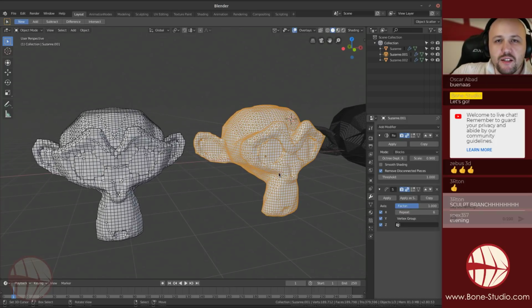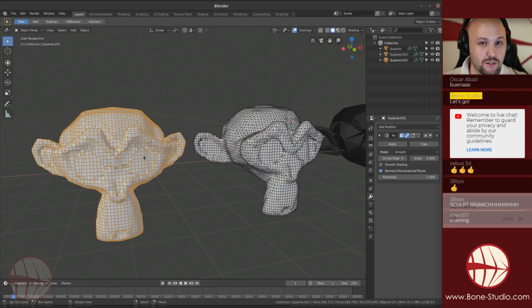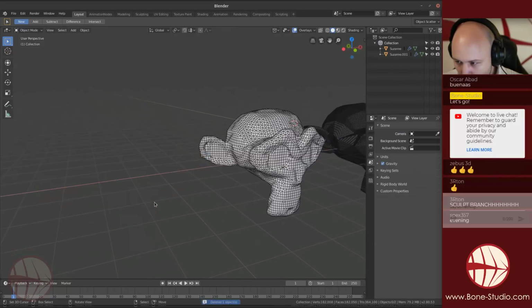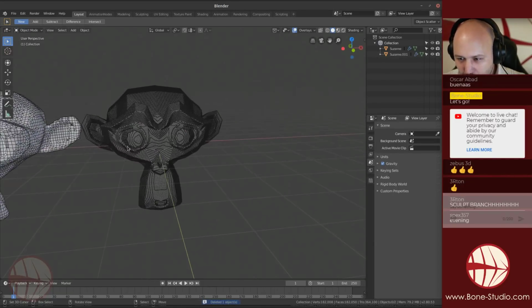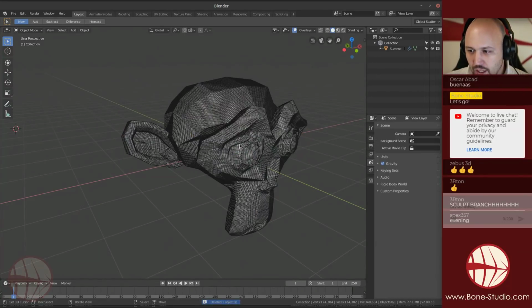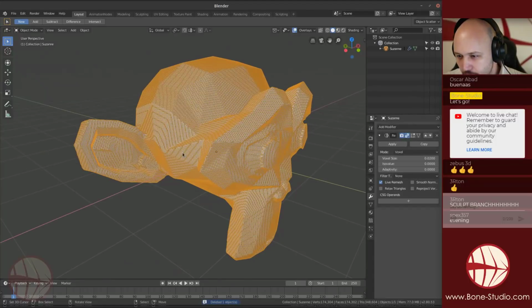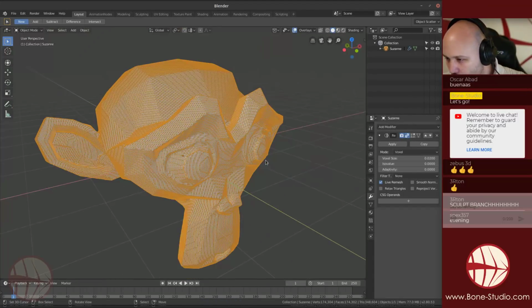So in the end, the classic remesher algorithm is pretty simple. It's just a voxelization and a smoothing of that voxelization. If something else is going on under the hood, I don't know, but the result is pretty similar. So we can remove this and we can go here. And yes, we have this new remesher that is pretty fast, but it has some more features. So for example, we can go to